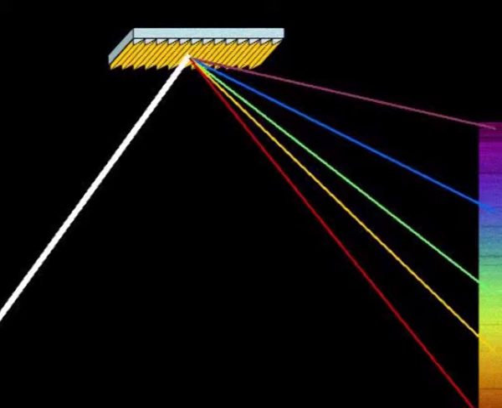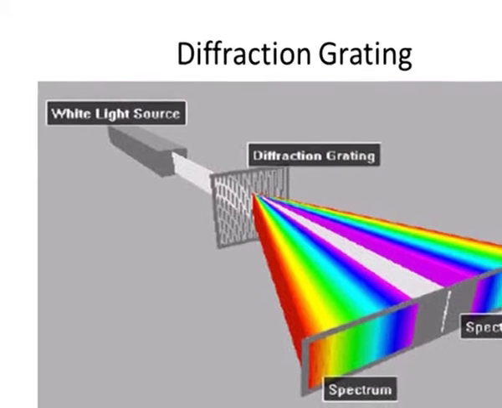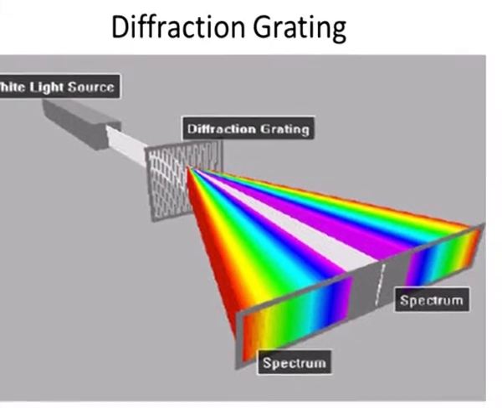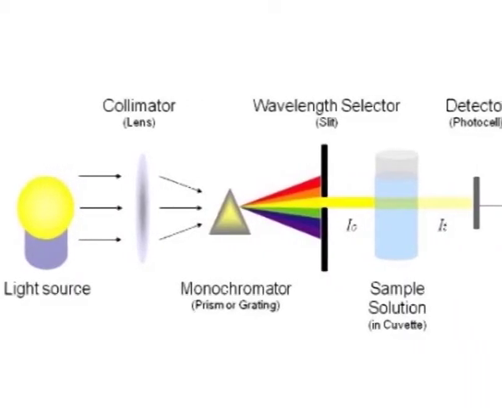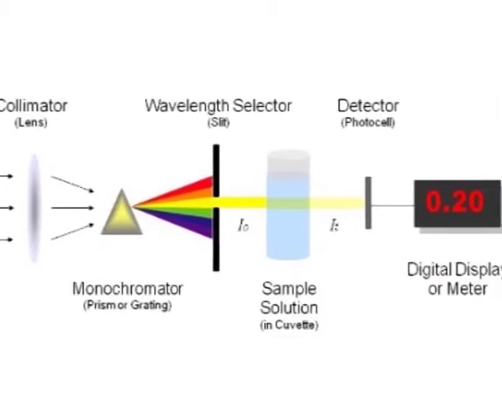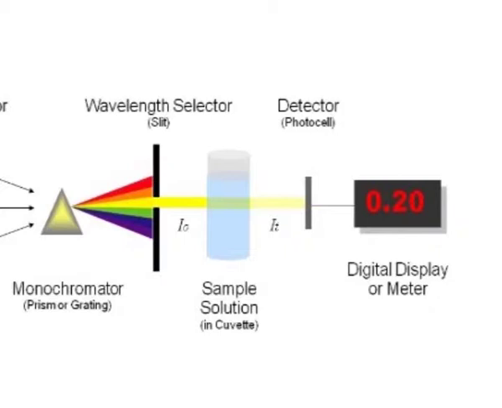Next is diffraction gratings. A diffraction grating is an optical component with a regular pattern which splits or diffracts light into several beams traveling in different directions. The directions of these beams depend on the spacing of the grating and the wavelength of the light, so that the grating acts as a dispersive element. The diffraction grating disperses the light into a linear spectrum of its component wavelengths, which is then directed in whole or in part along the light path of the instrument.